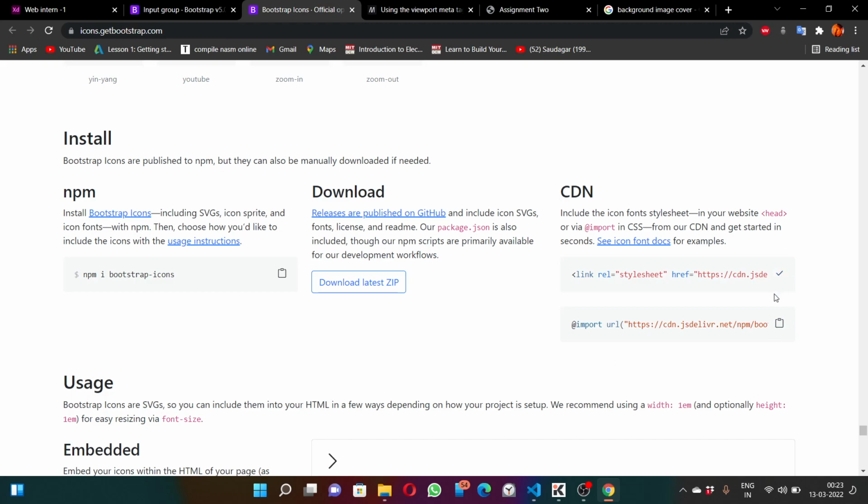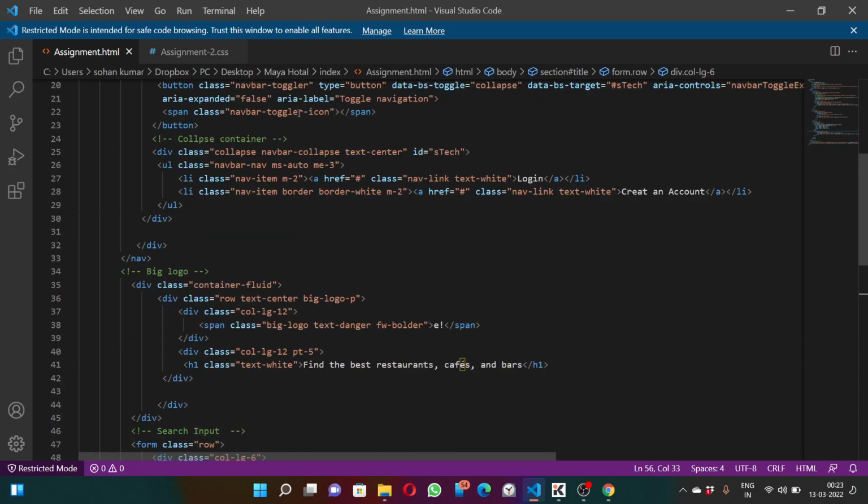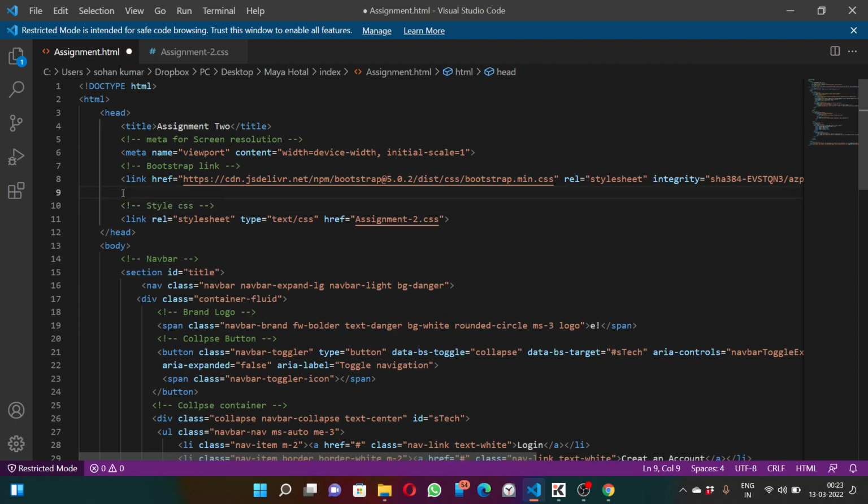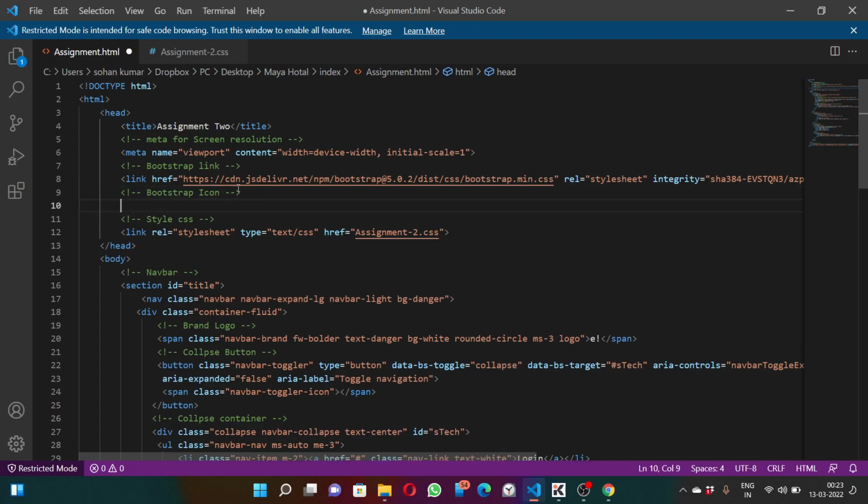This link we need to copy, and just go to your HTML file. Just go to the head, and after the Bootstrap, you can write this. Bootstrap icon here, and hit save,